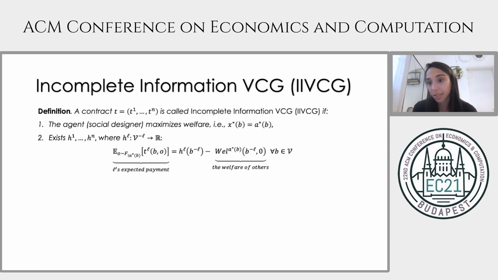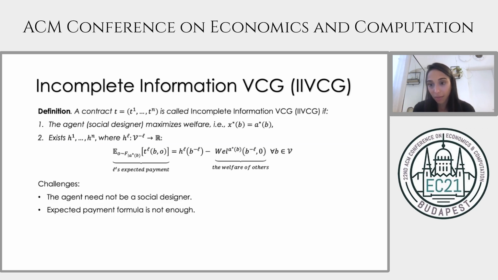So this is all well and good, but the definition of the IIVCG family raises some challenges that simply have no parallel in mechanism design. First, the agent needs to be incentivized by the contract, by the payments, to maximize welfare. He's not a social designer, as in mechanism design, and we cannot force him to take the socially efficient action. And the second